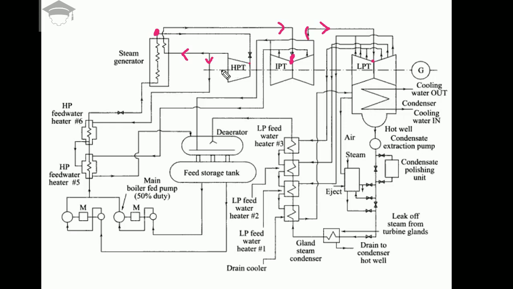All these turbines, the high pressure turbine, intermediate pressure turbines, and low pressure turbines, are coupled together with a generator, this dotted line. So these are all connected in series. The generator generates electrical power, three phase electricity, because this is a generator whose shaft is coupled with all the high pressure, intermediate pressure, and low pressure turbines. So this was the basic overall layout. I hope it is very clear.